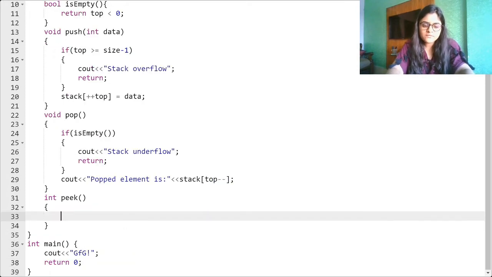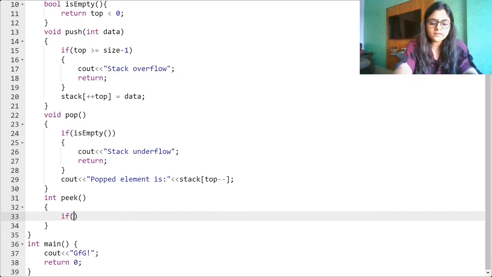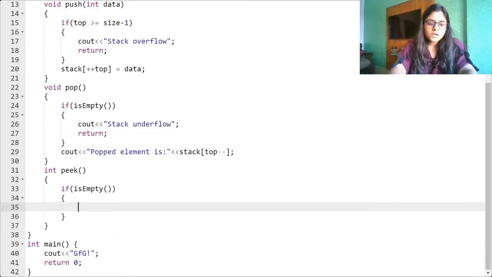Now again, a peek function. What is a peek function? It's going to return my topmost element, right? So what we need to do here is, again, we have to check if there is some element or not. So we can just use our function is empty. If it is empty, then we don't have anything to say.